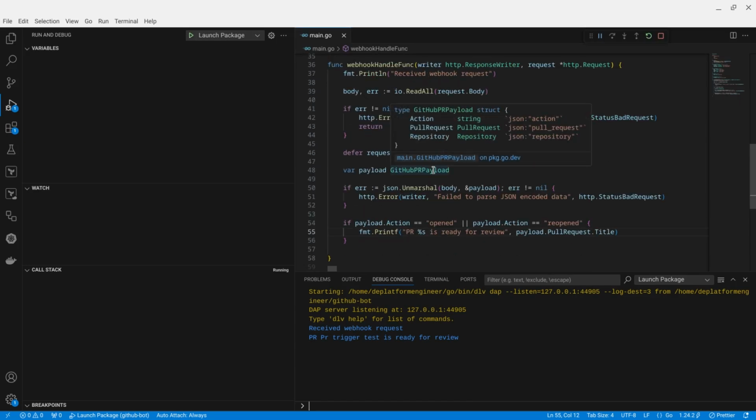So there's quite a lot of different things going on in here, especially if you're quite new to all this with Golang. So just bear with me. In the next video, we're going to focus purely on Golang, really, and go further on how we actually fetch the contents or the files associated with the PR, and then get the source code in these files, and send it across to a large language model in AWS Bedrock. And I'll also give you an overview of AWS Bedrock in the next